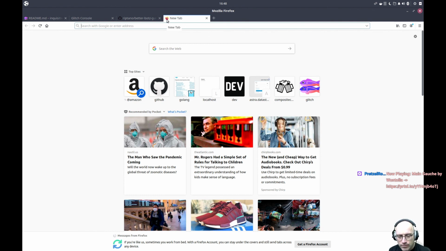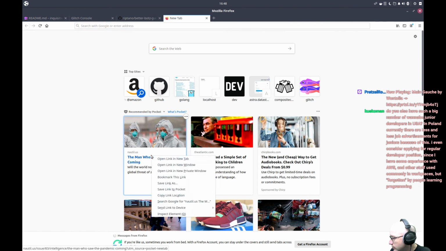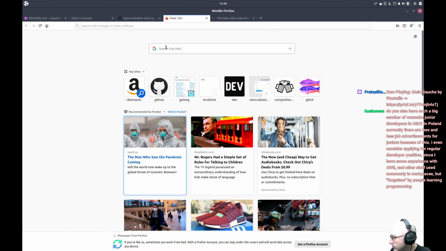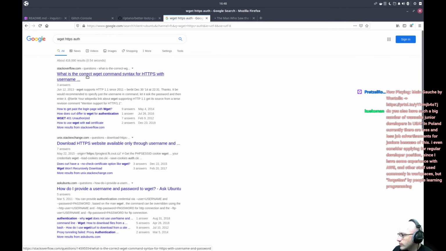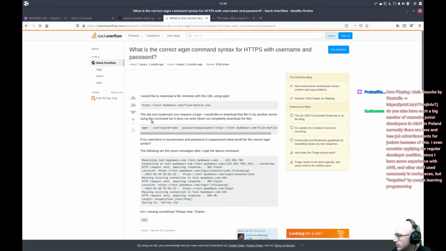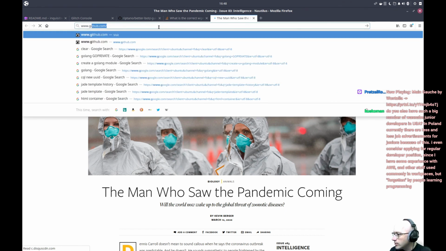Damn it. What is a good way to do this? That's your wget, https auth. Because what I'm going to do is actually click on that. There you go. wget